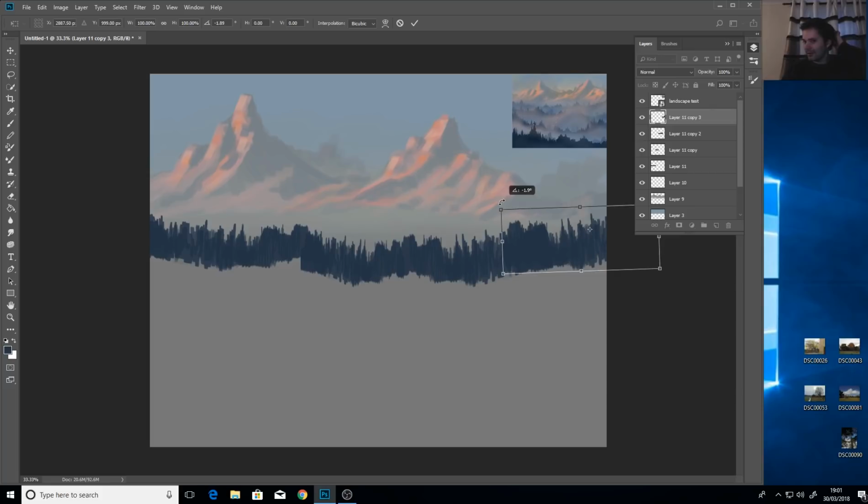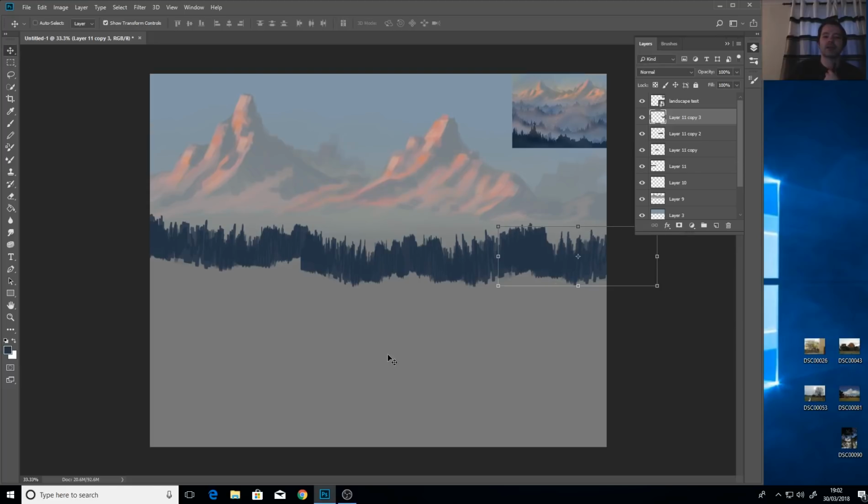But that doesn't look right, so we'll rotate it back. Maybe we can rotate it just a touch. Like that. Maybe there, like that. So then it comes down. So we don't want it to be all the same. So yeah, I've got this layer of trees, and then I thought